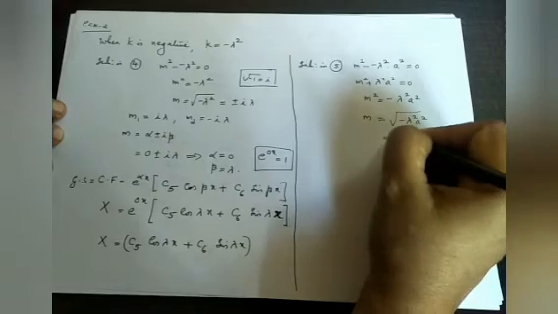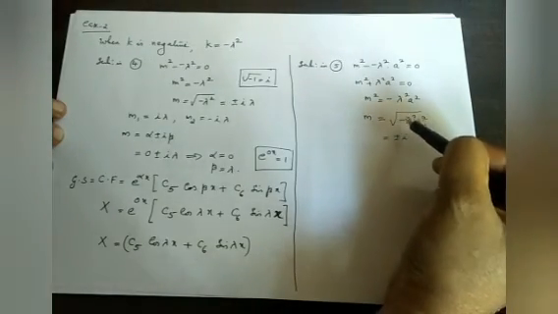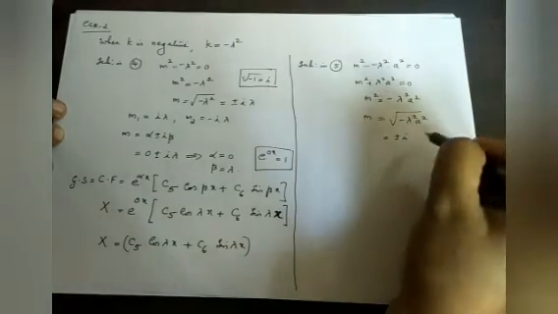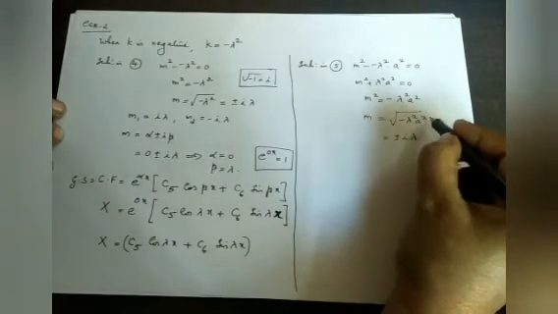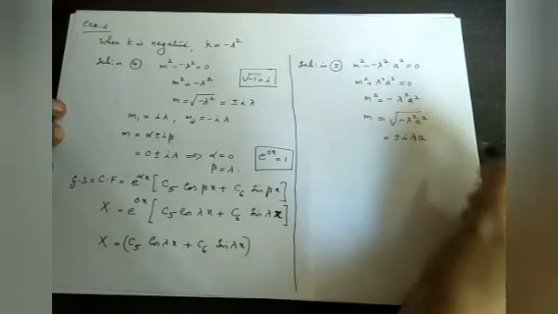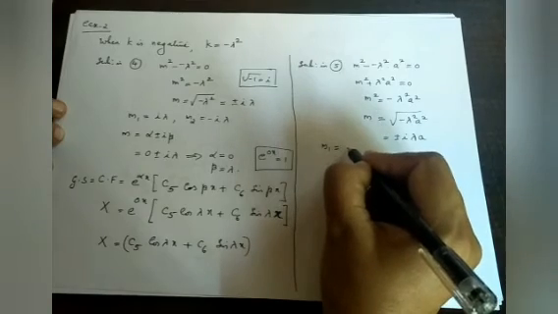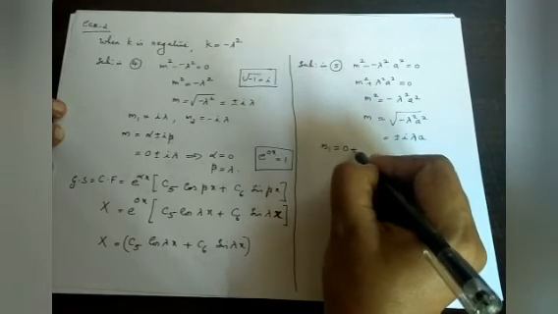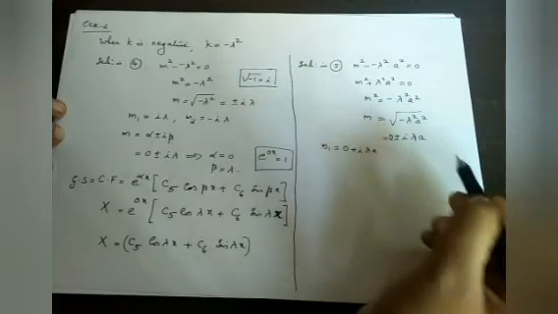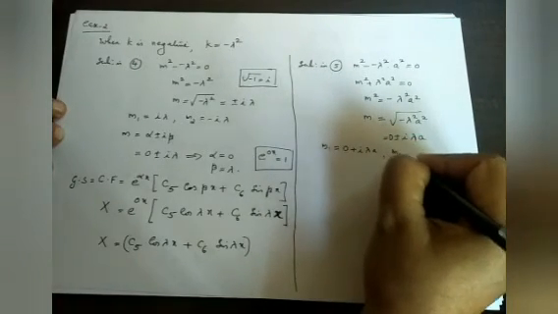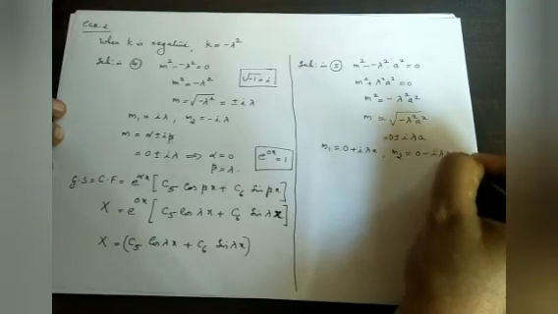It is equal to plus or minus i. The plus or minus i comes from square root of minus 1, and for lambda square we have lambda. For square root of a square we have a. Here m1 is the complex root, that is 0 plus i lambda a, isn't it? Here we have 0, we can put 0. m2 equal to 0 minus i lambda a.